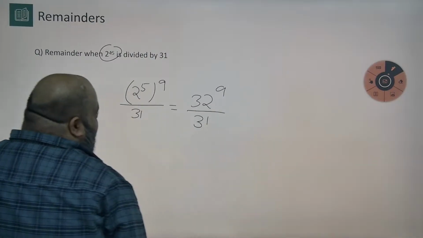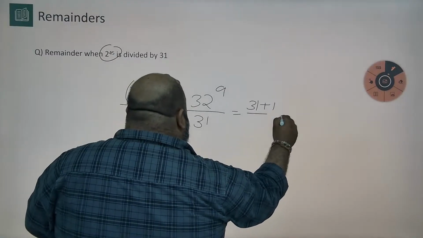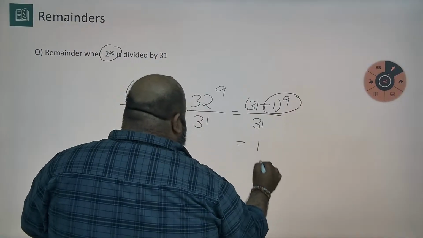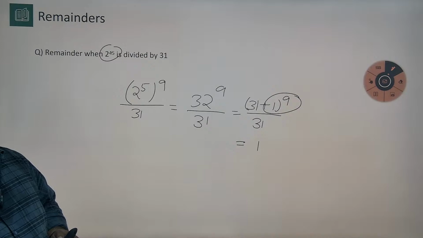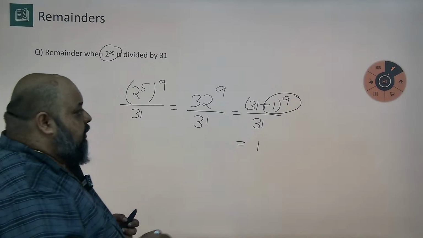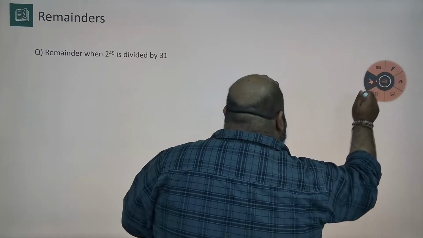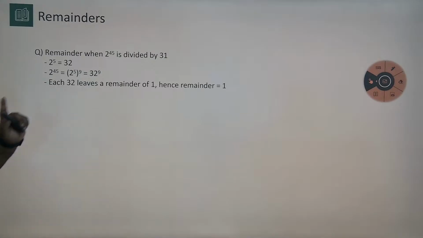Can we find the remainder now? 32 can be written as 31 plus 1. The remainder will simply be this part. तो अगर न्यूमरेटर का बेस छोटा है, start raising powers. इसका एक और वेरिएशन अब. अभी क्या था? I needed 2 raised to the power 5 in the numerator,